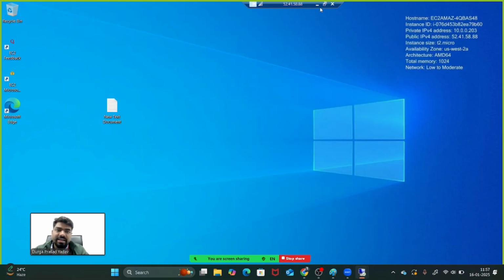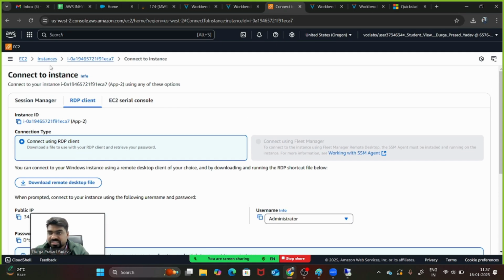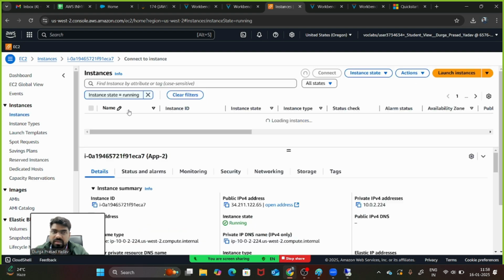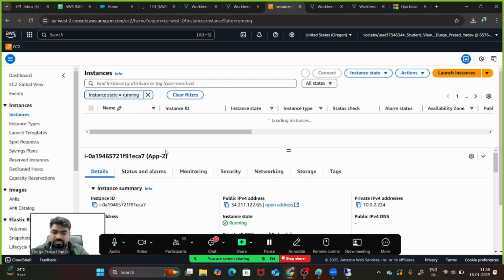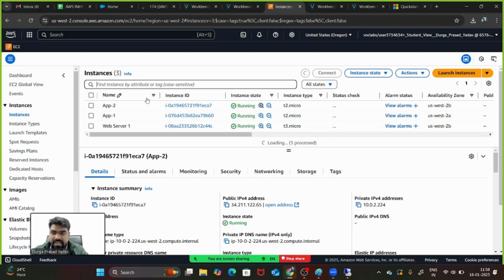Now if you go back to verify whether server 1, application 1 is working perfectly or not, we'll go to instance 1, which is running right now. This is a little bit slow. Yeah, so this is your application 1.